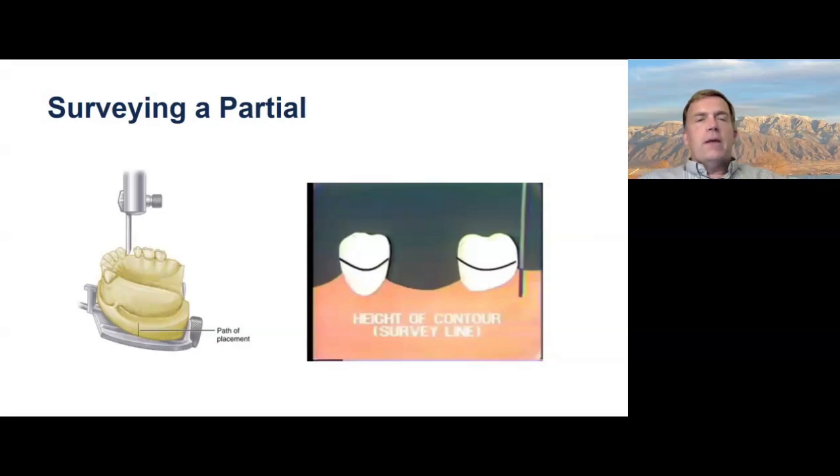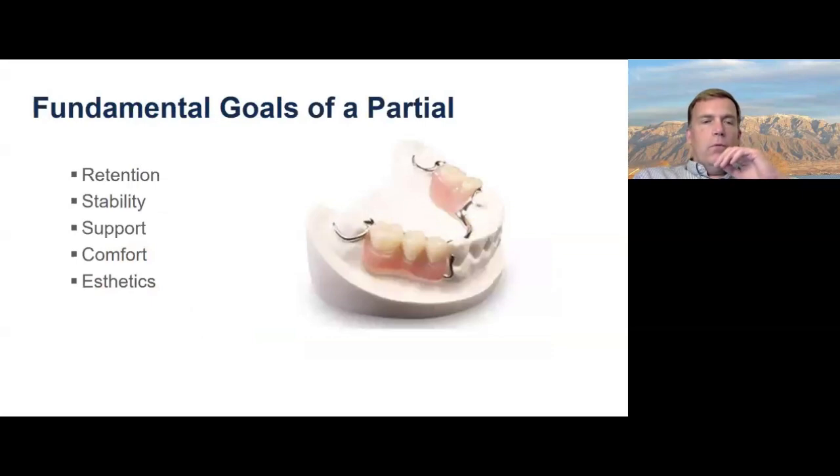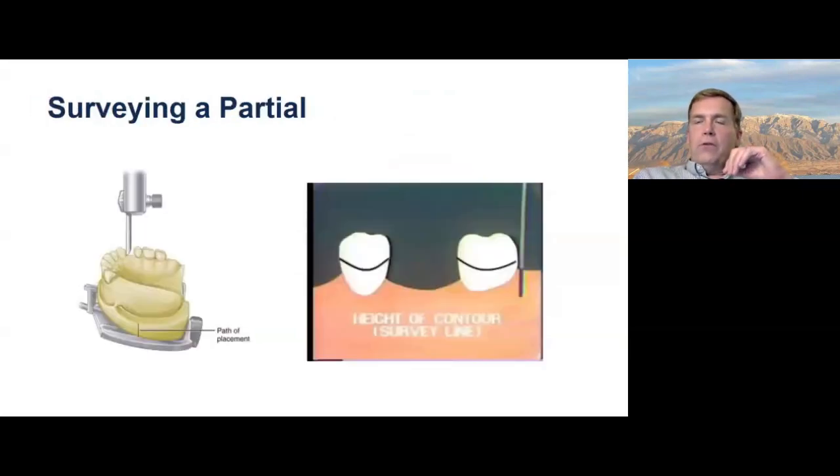So if you think about a partial denture, it's like a really, really big removable fixed bridge. So there's usually a substantial number of undercuts that need to be blocked out, except in the case of our direct retainers, our clasp assemblies, which actually need to engage an undercut. So when we do our block out, we want to